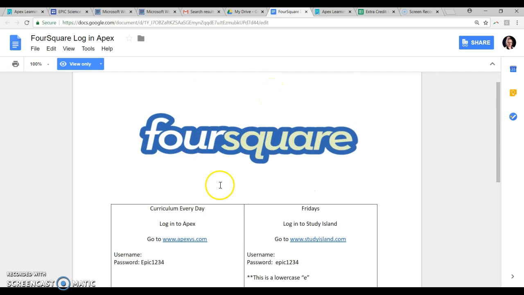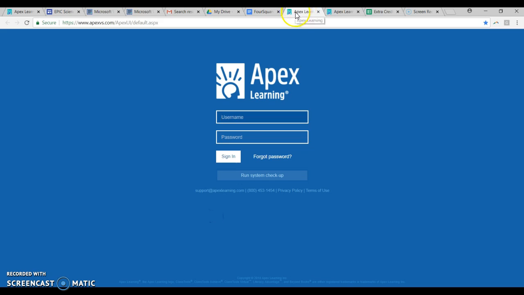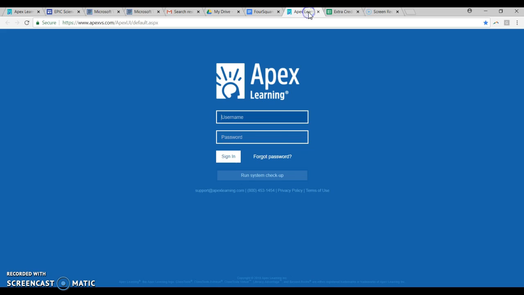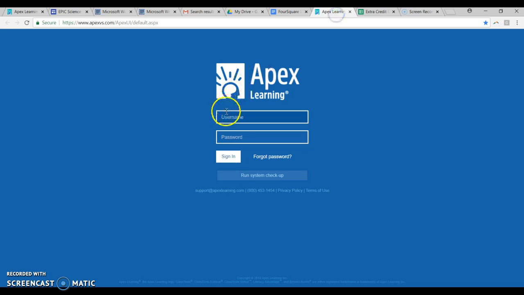Of course, it'll have your information right here and your information right here. But in the Apex box, the Apex Square, I have included the link here, and you can even right click on this link and go to open link, and it opens a tab right here. So I have the tab open, and in this Foursquare, it'll have your own unique username and the password that I've given you. So for this scenario, I'm going to type in the student's password